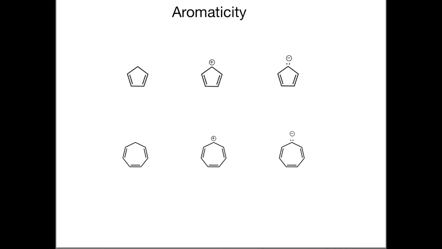So let's do some examples. Here are some compounds that we have, and we're just going to go through and look. The first one, on the left, I see that there is an sp3 carbon hanging out right there. So what that tells me is that even though this compound is cyclic, it's not conjugated all the way through. Even though the two double bonds are in conjugation, we have a break in the conjugation, and therefore this is going to be non-aromatic.